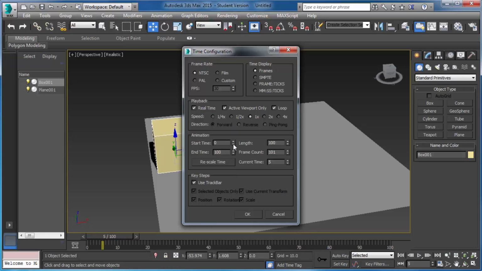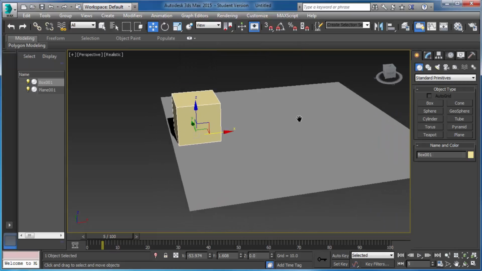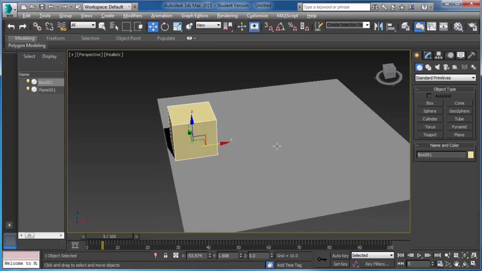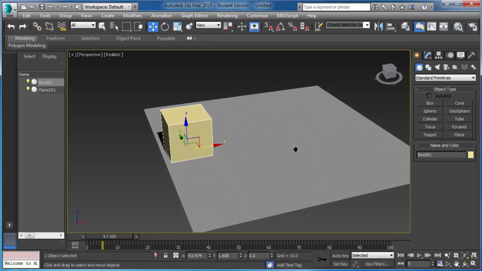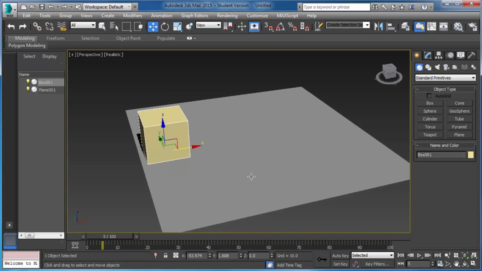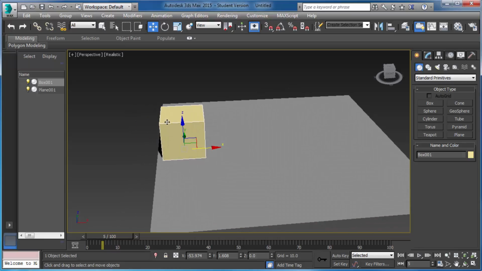You can start at, you can make it end at 200, whatever you like. I usually leave it... start time is 1. I'm sorry. Okay, I need to slow down. Start time is 0 and end time is 100. That's just the default, just leave it. I just wanted to show you guys, for people who want to make a longer scene or something like that. So let's go ahead and